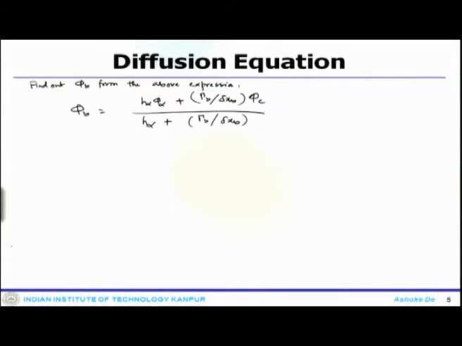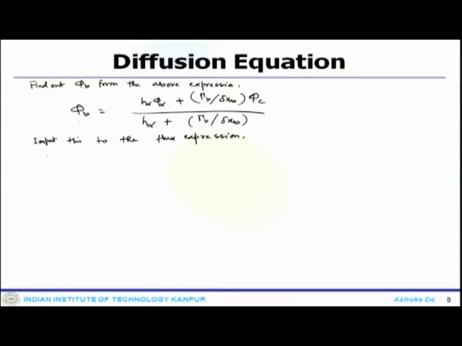So, the information of phi B, once you input this to the flux expression,